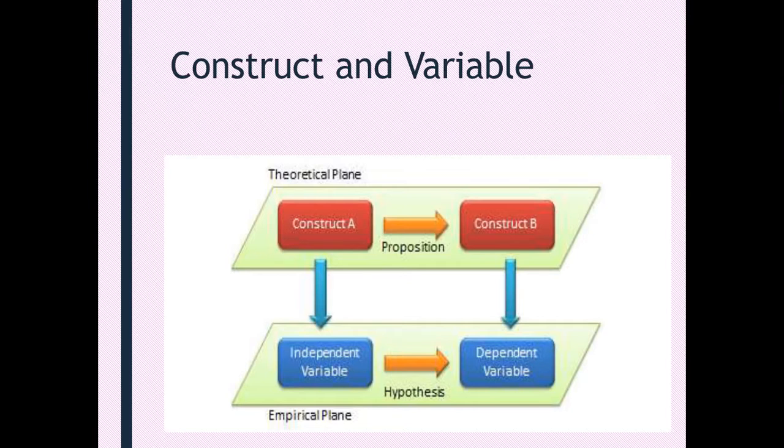So this picture you should understand: to do research, you are coming down from your literature review, decided on your topic, you then are focusing on your constructs. The main concept gives rise to the constructs. Then you want to see which construct is affecting the other. After you are clear on your constructs, you then try to convert